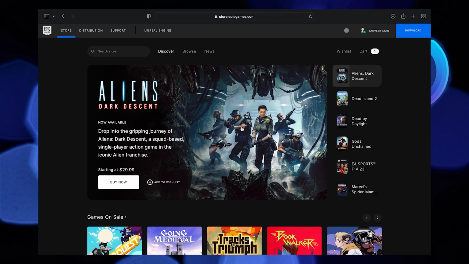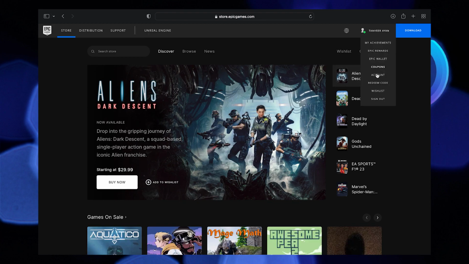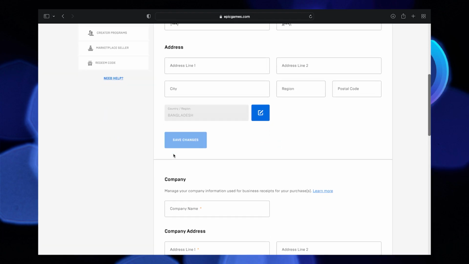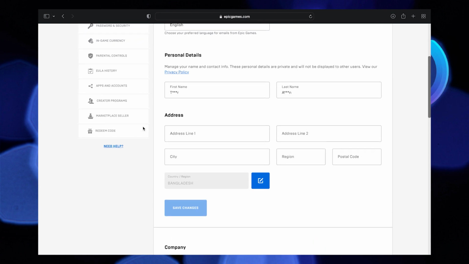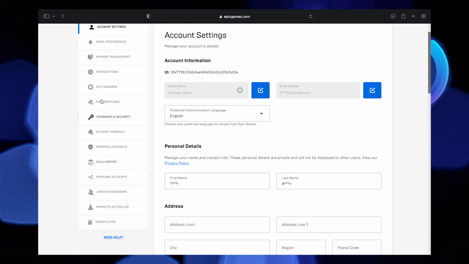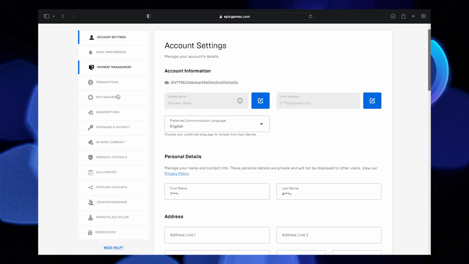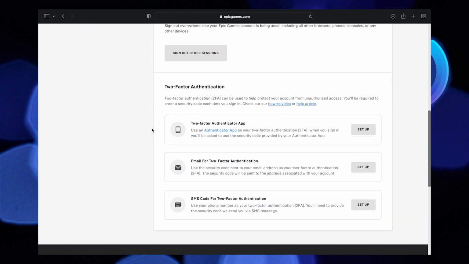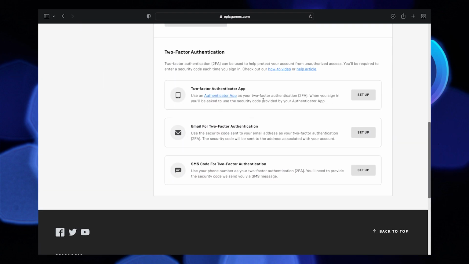Now go to your username. Here click on Account. From here, you can check your account settings. Now click on Password and Security from the left dashboard. Scroll down to the bottom of the page to find the two-factor authentication section. There are 3 ways to enable 2FA in Epic Games using a two-factor authentication app, email, or